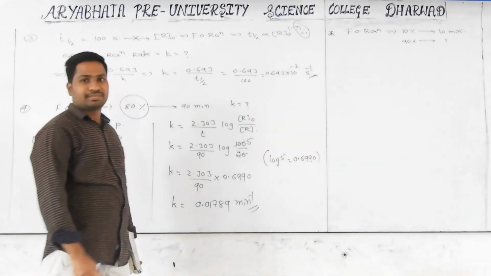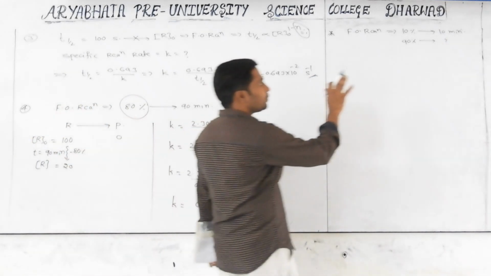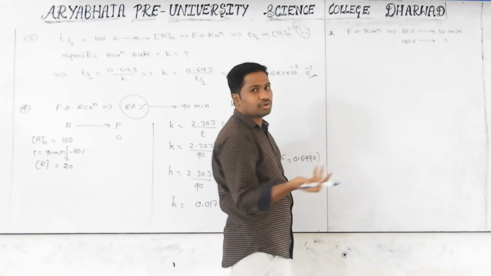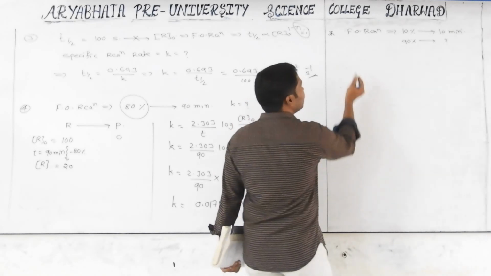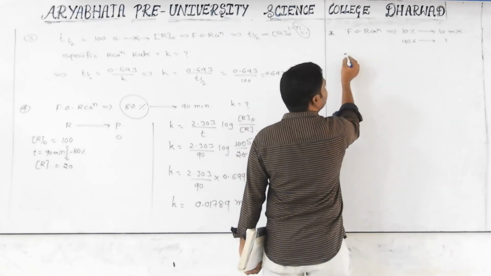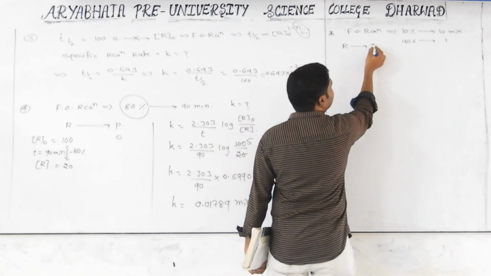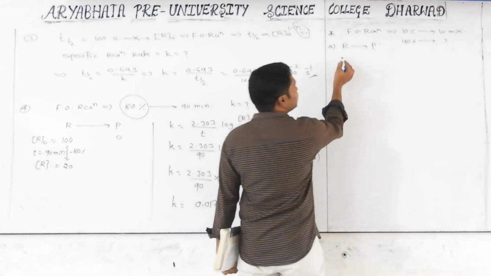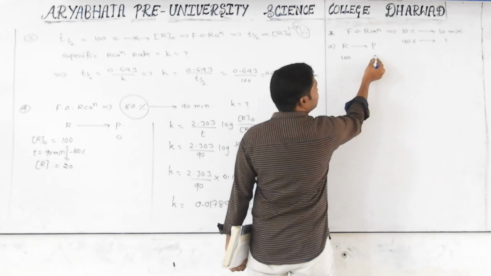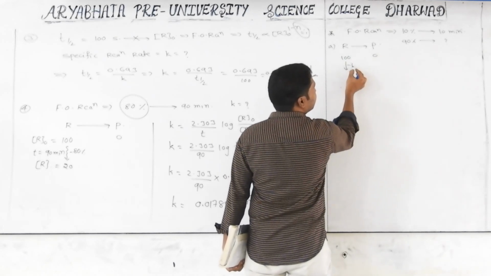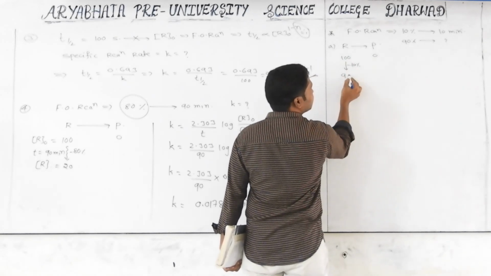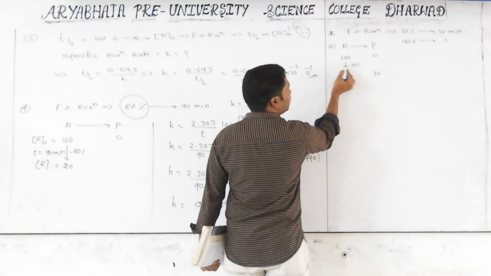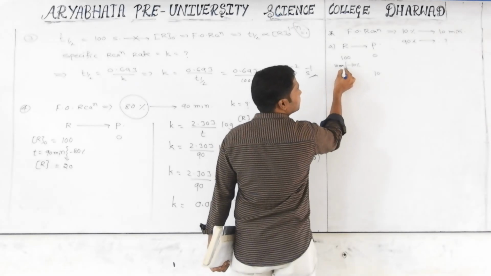Very good question. Yes, 10% of the reaction is completed in 10 minutes, but 90% completion of the reaction is how many minutes? First of all, what is the concept of converting reactants into products? First we do the first part, 10% in 10 minutes. Initially, how much amount? 100. How much is the completed amount? 10% is completed, remaining is 90. Then 10 is not a matter to us. Time interval will be how much here? 10 minutes. Yes or no?